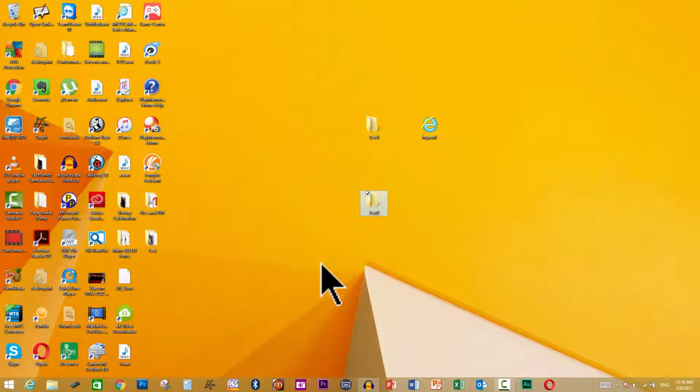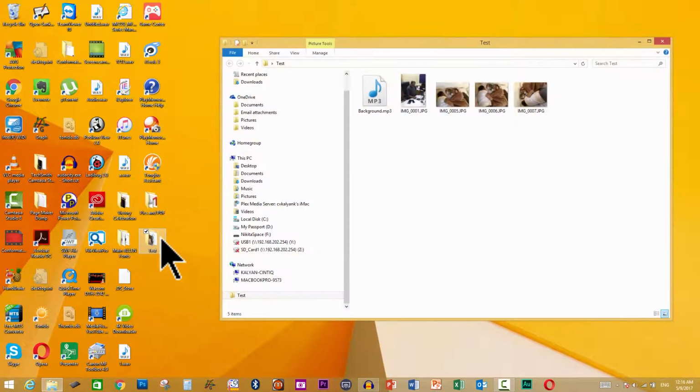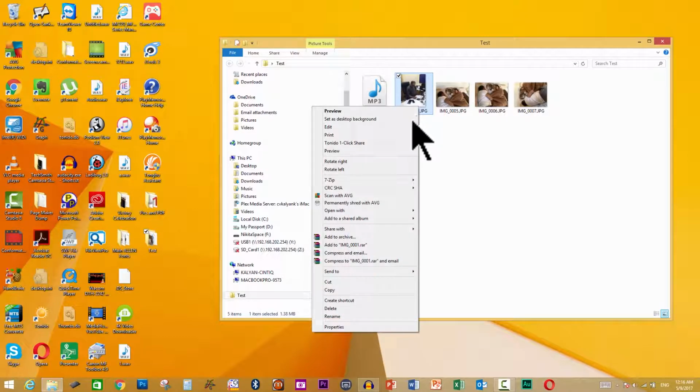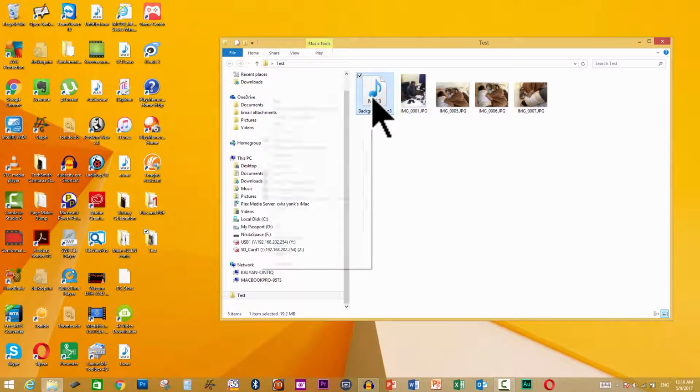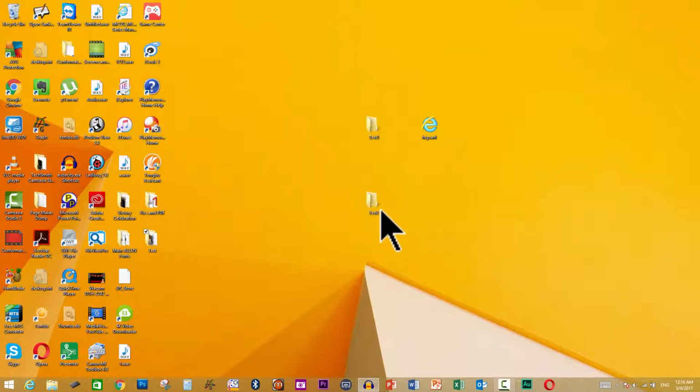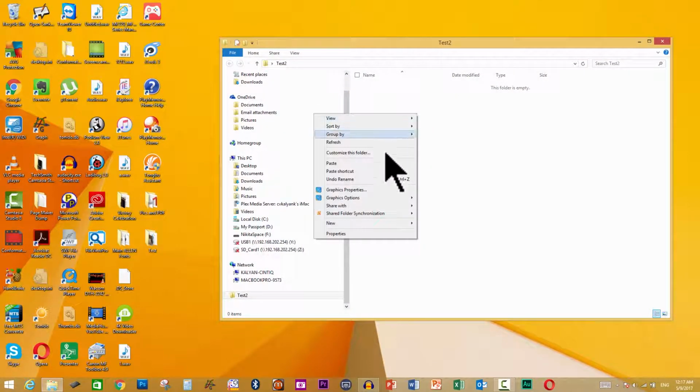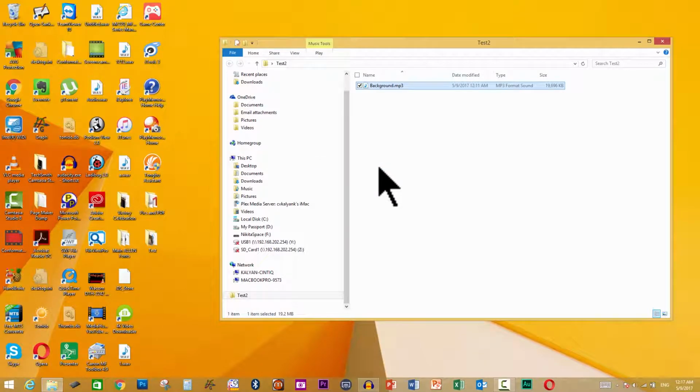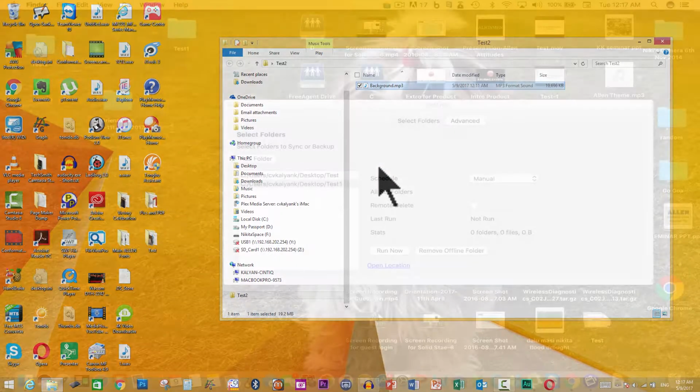Now I'm going to put one image in test 2, and let me first put it here. Let me select one image from test. Let's again select the first image, or maybe let's select the MP3, and let me put it in test 2 folder. Remember, this is empty.